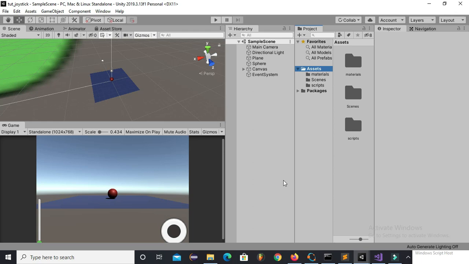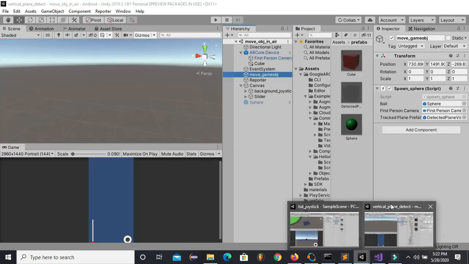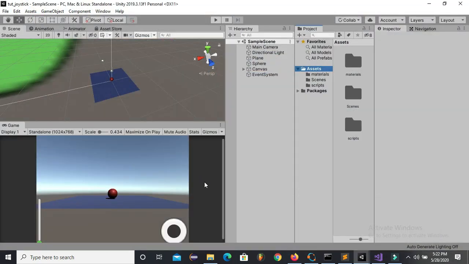In this tutorial we will proceed further with the project which we have built already. If you haven't seen my last tutorial, I suggest you go through the last video so that you will get to know how to implement a joystick to move a ball on a surface and how to use a slider to lift a ball in the air. In this tutorial we will implement the same thing in augmented reality. Before proceeding further, you have to go through that video, otherwise you won't get how things are going around.